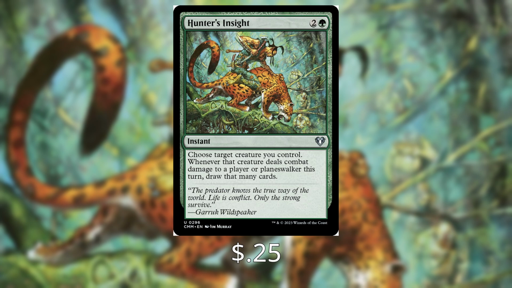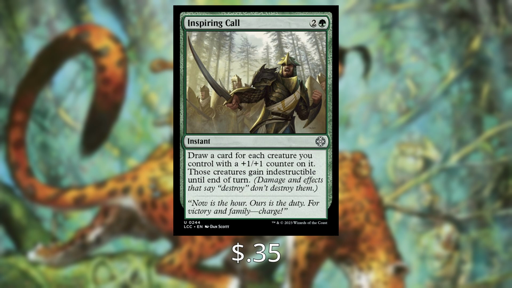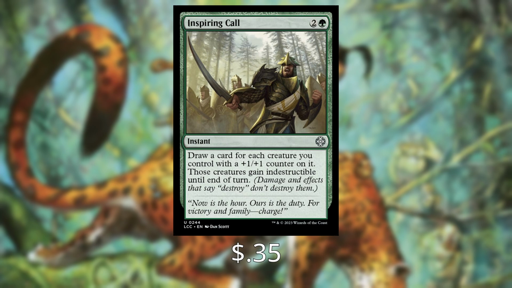It states choose target creature you control. Whenever that creature deals combat damage to a player or planeswalker this turn, draw that many cards. And considering our creatures are getting really big and really fast, we can easily be drawing 10, 12 cards at a time with this. Inspiring Call is practically a must in a +1/+1 counter deck. It states draw a card for each creature you control with a +1/+1 counter on it, and those creatures gain indestructible until end of turn. Now, we know Farewells exist, that's not going to help with that,